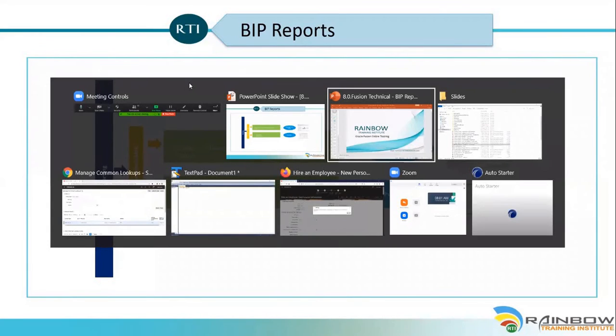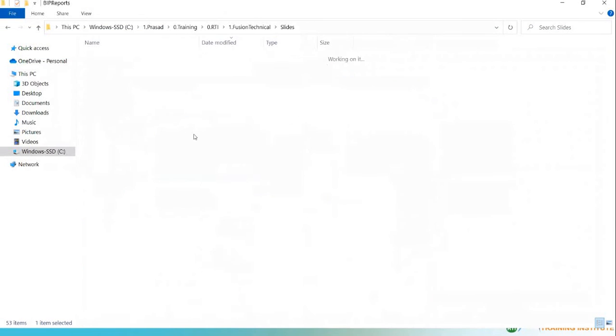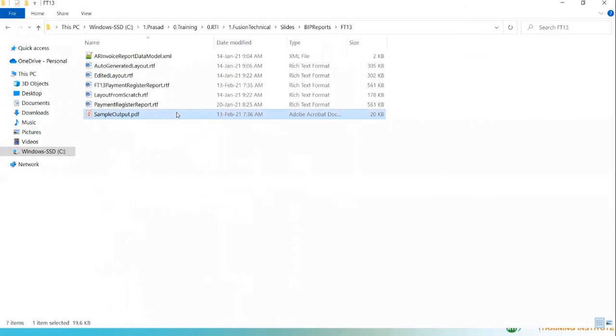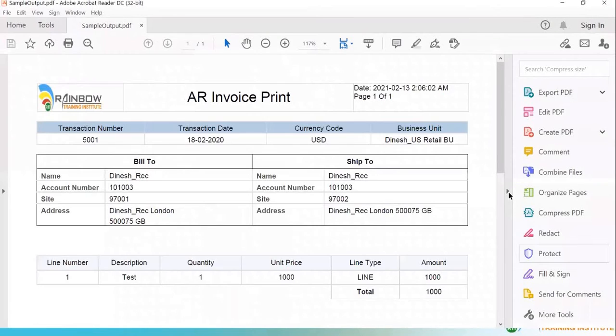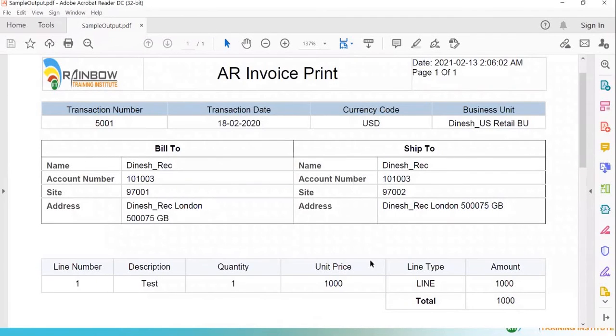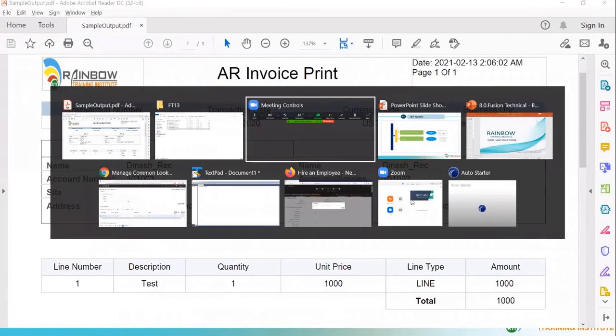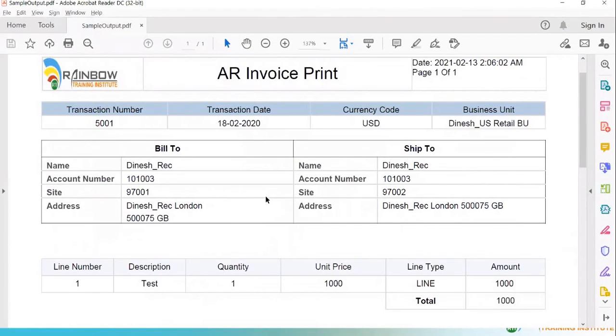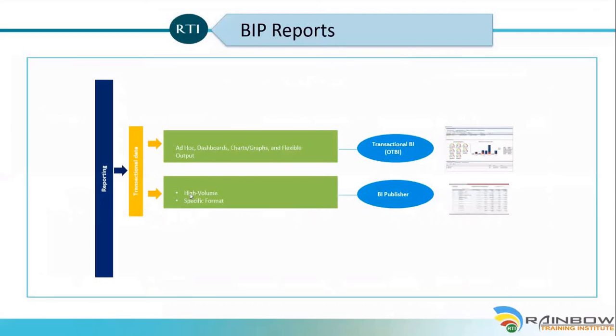Say, for example, if you have to print an invoice in a PDF format that looks like this, a well laid out PDF output, and if you have a specific format for a report layout, in such cases you will build it as a BI Publisher report. This is one such case where you need a specific format and a detailed layout for your report, then you build it as a BIP report.